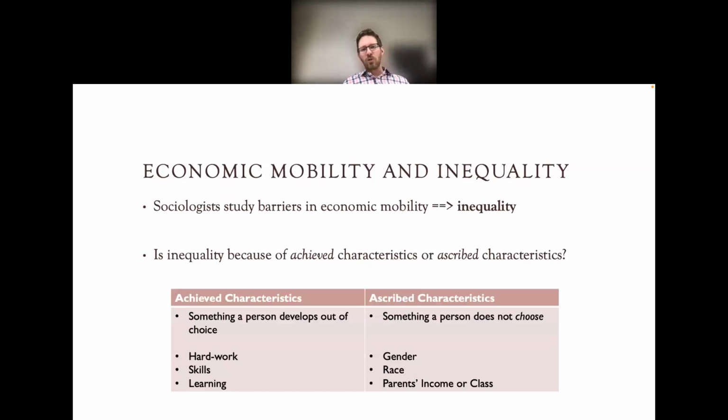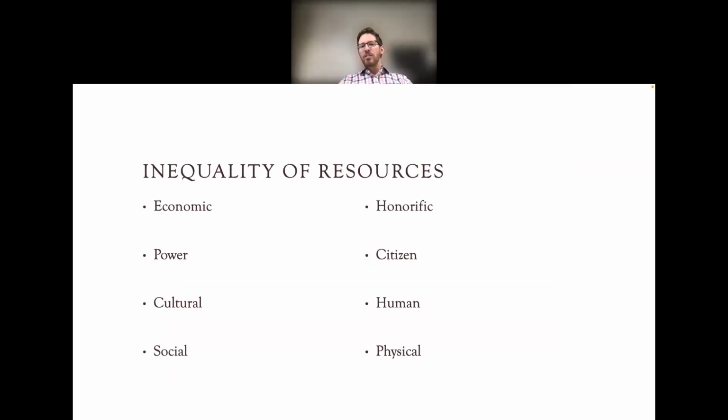Before we get to that, we're going to look at what kind of resources might be distributed through a society. There are 8 main ones that sociologists look at. The first is economic, and this is largely just wealth, income, or home ownership. So how much money do you own or how much wealth do you have? There is political resource, which is how much power you can wield over a family, over a business, or over a country. There are cultural resources, which is the knowledge or the know-how. So how do you act in society? What are the norms that you follow?